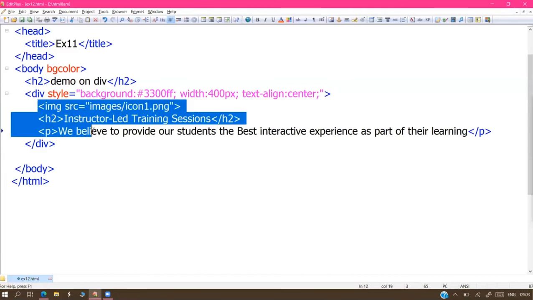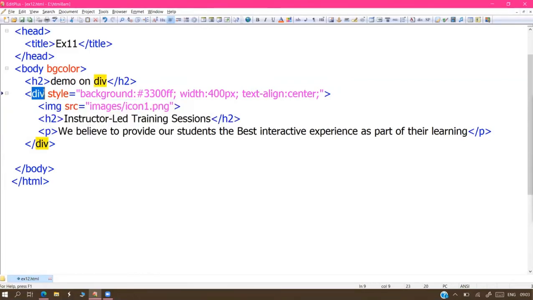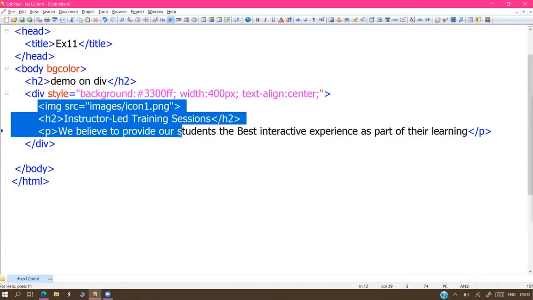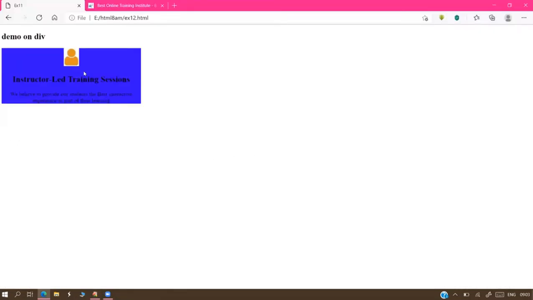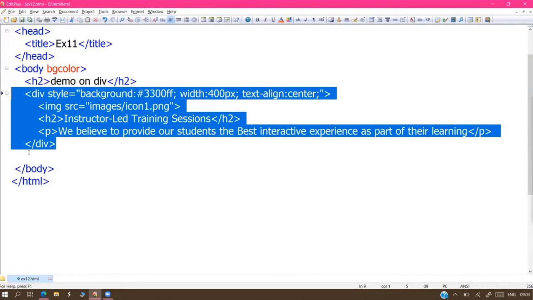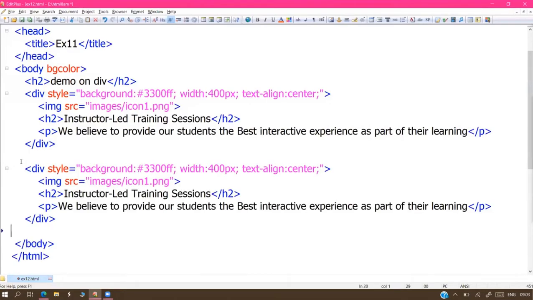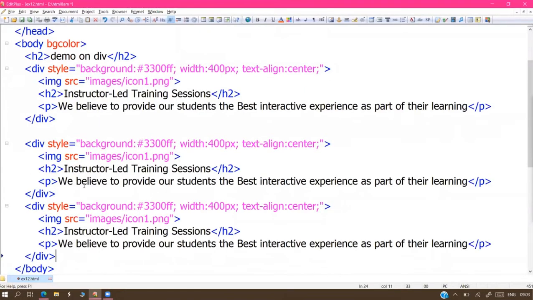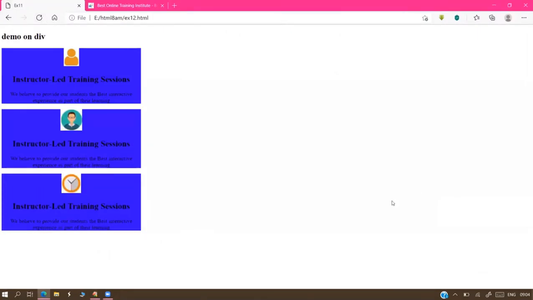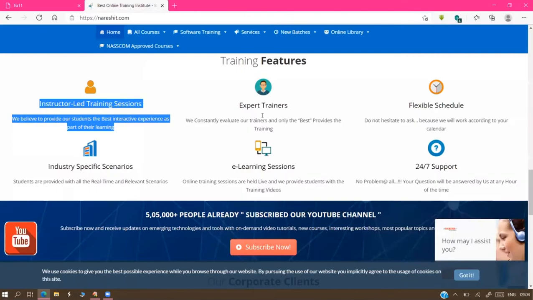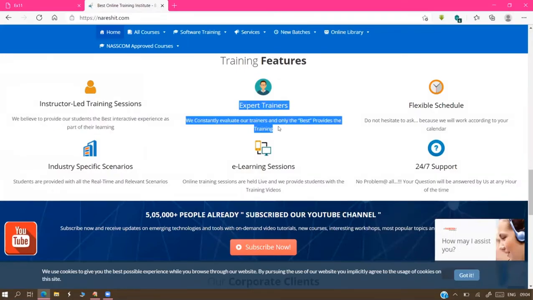So all these three items are the data of the division tag. The data alignment is this one, and we got it like this. The same division tag we are copy-pasting 3 times. Just change the icon name from PNG to PNG3 and change the headings. Get the 3 division tags like this. Next, we are changing the data here.